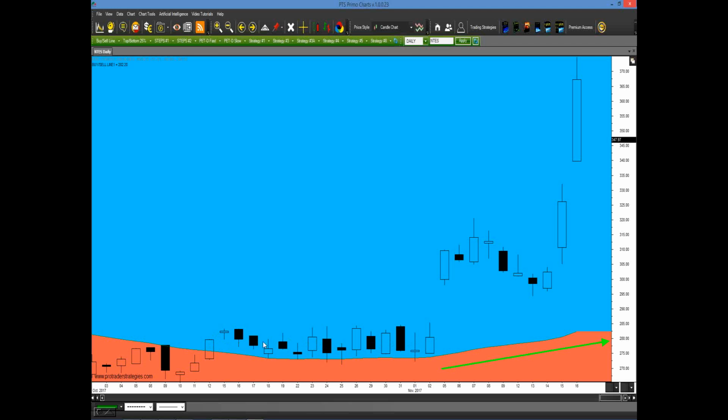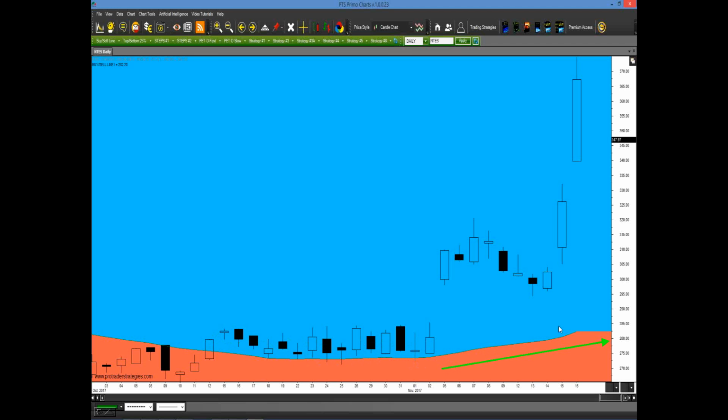So even though we're going sideways, what's the market telling us? That most likely it wants to go higher. There's no reason to listen to anybody or anything else. The market's telling you it wants to go higher. Okay. Now, even though it wants to go higher, there's no momentum behind it because the line is flat. So we want to wait till we get to this real nice, strong upward sloping area. And here it is right here.